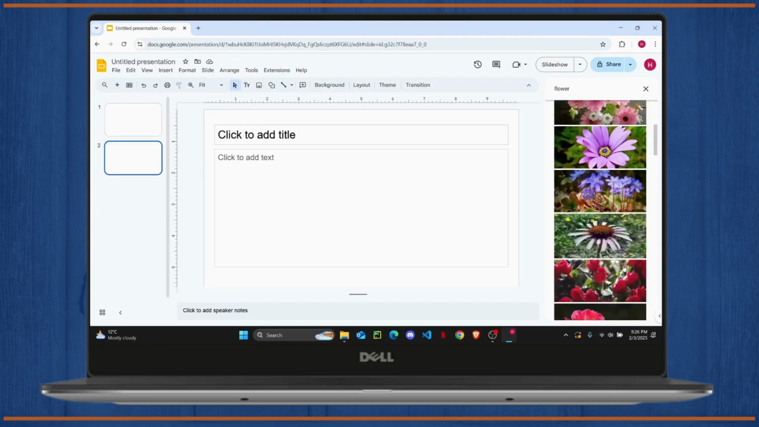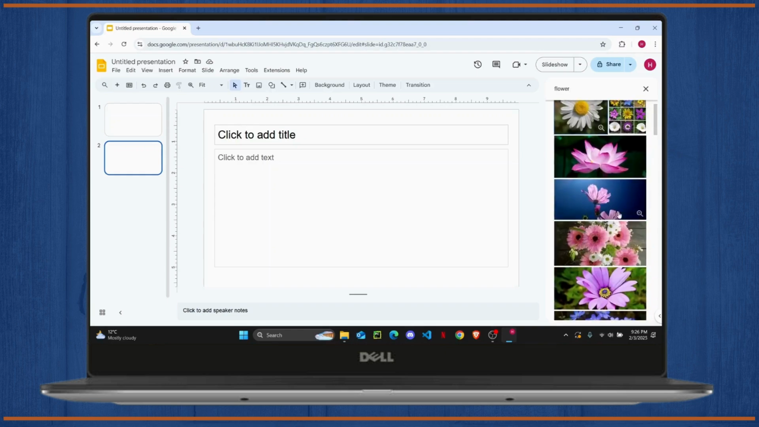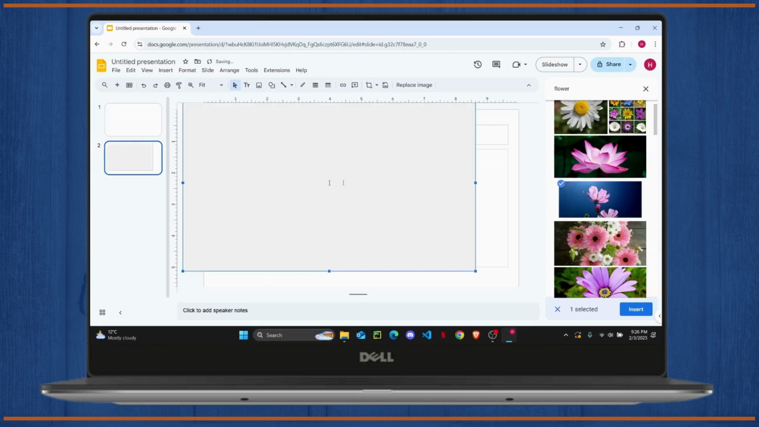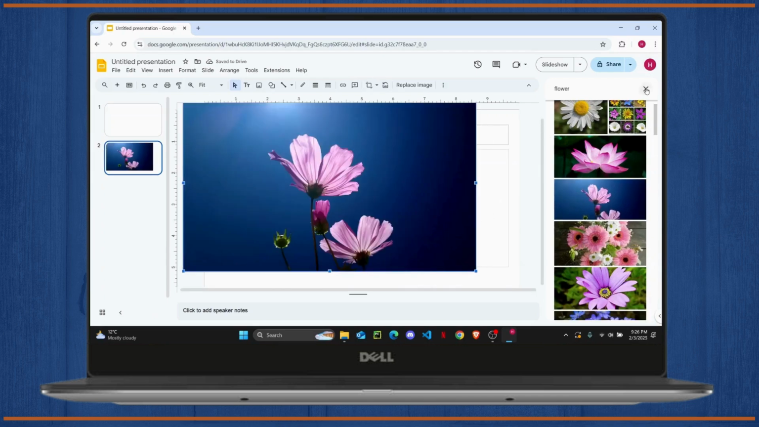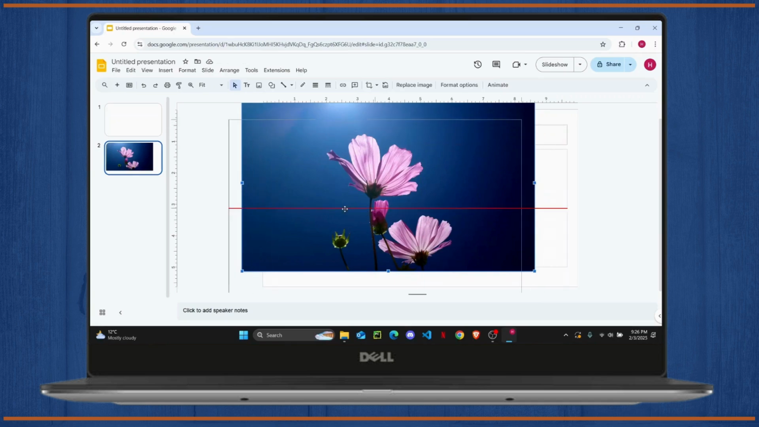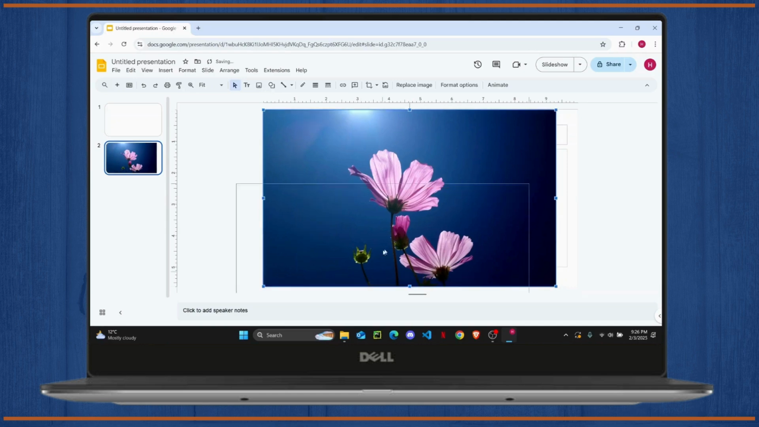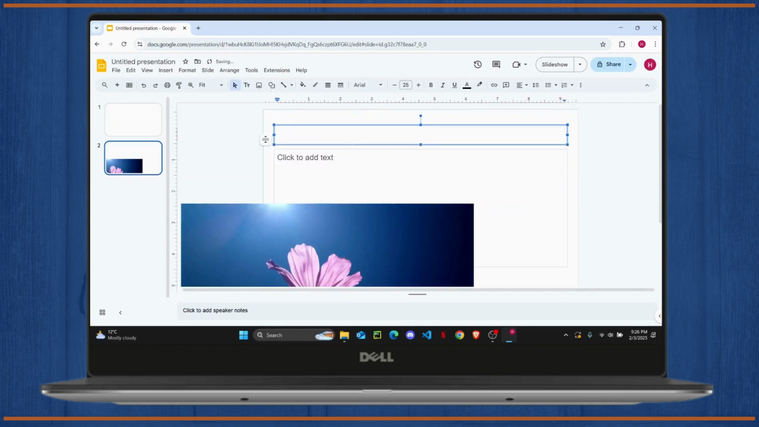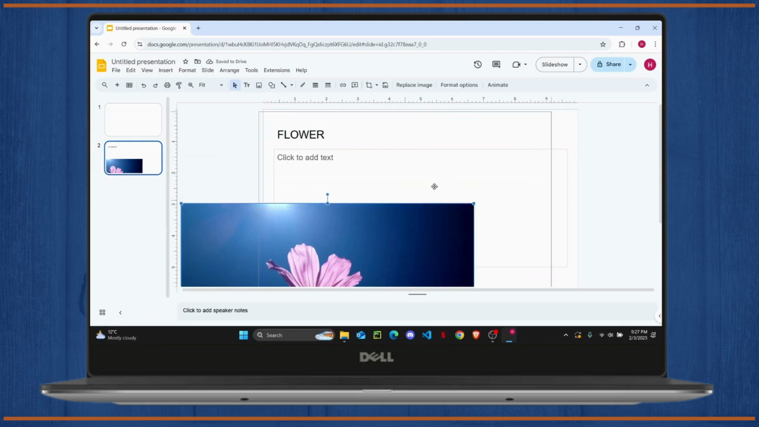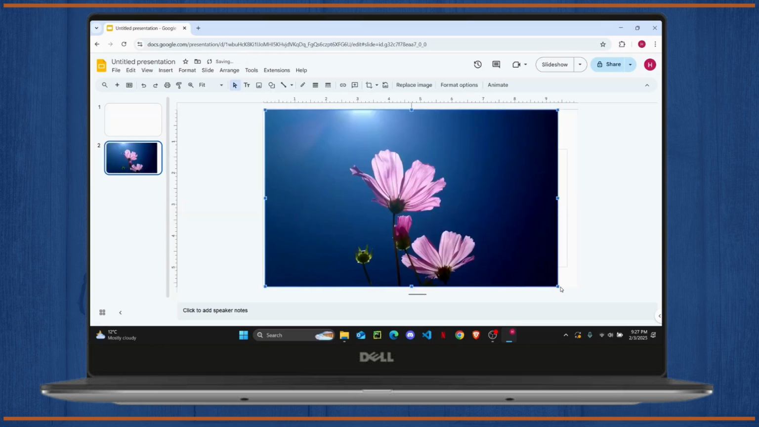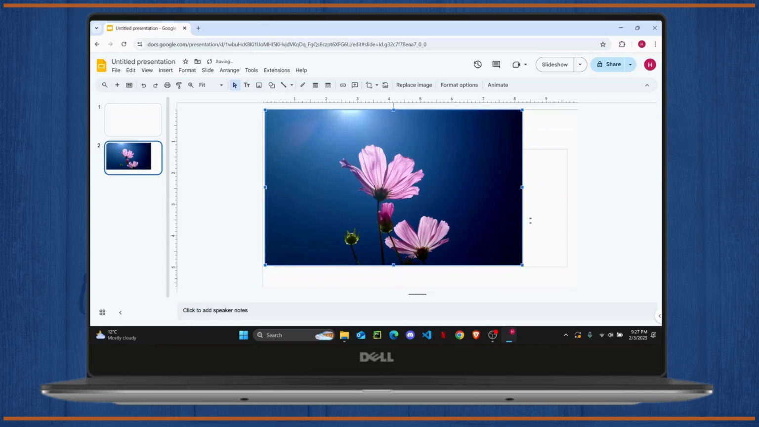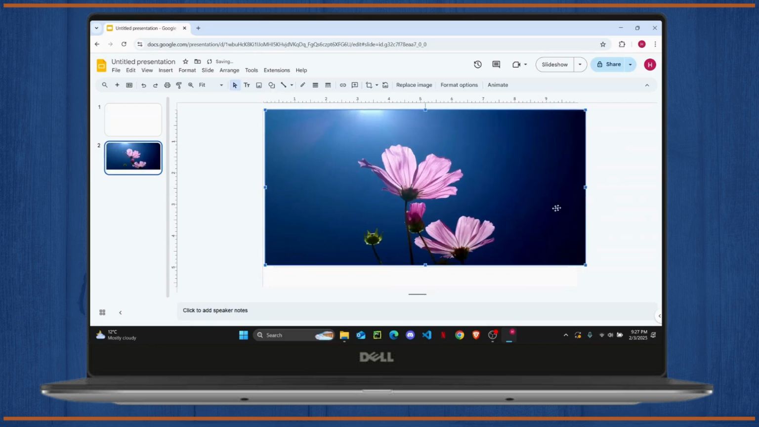Here I've searched for some flowers to set as my background image. So I'm just going to take this one right here and drop it here. Alright, so once your image is placed on your slide, just make sure that it fits and it is set as a background image. Now you'll also need some text. For example, if I add a text like flower here, and then if I set this image like this and stretch it across so that it fits perfectly on the slide,